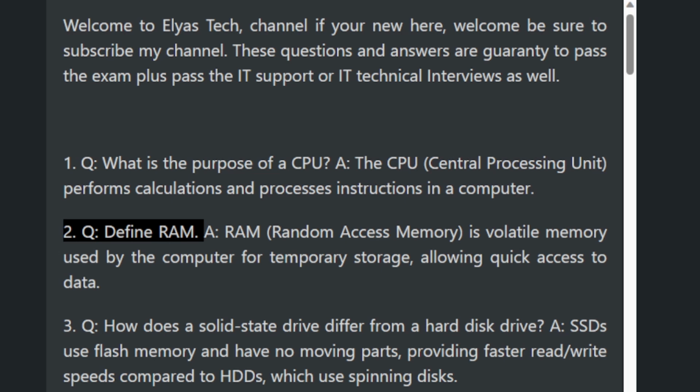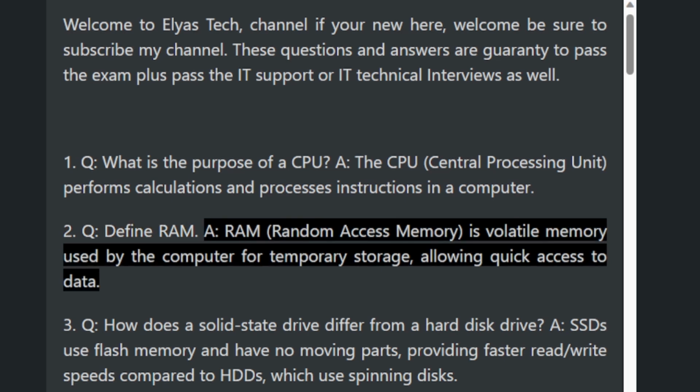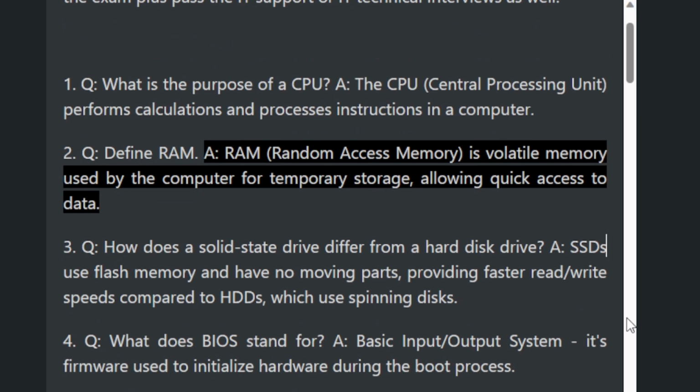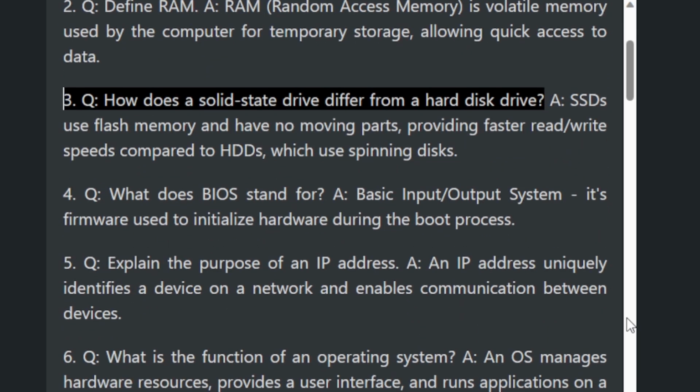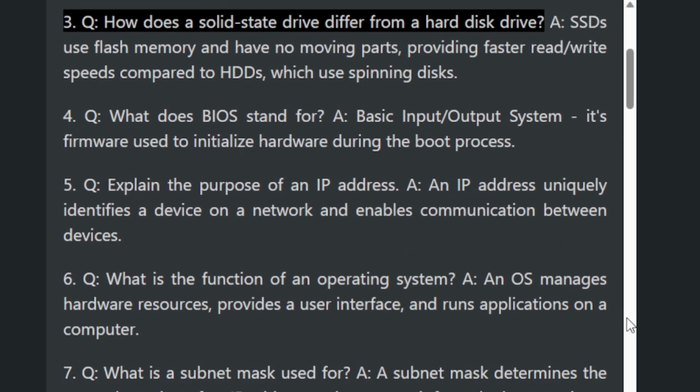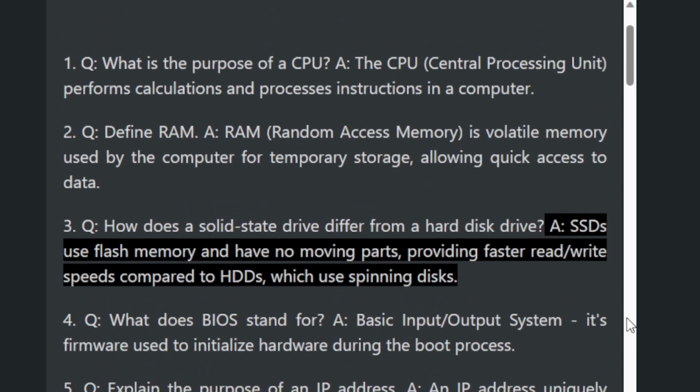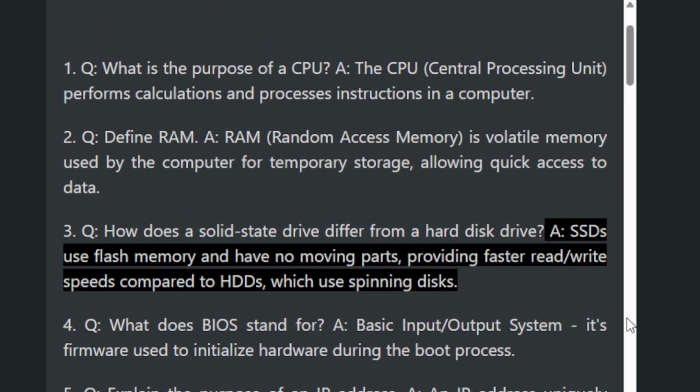2. Question: Define RAM. A. RAM, random access memory, is volatile memory used by the computer for temporary storage, allowing quick access to data. 3. Question: How does a solid-state drive differ from a hard disk drive? A. SSDs use flash memory and have no moving parts, providing faster read or write speeds compared to HDDs, which